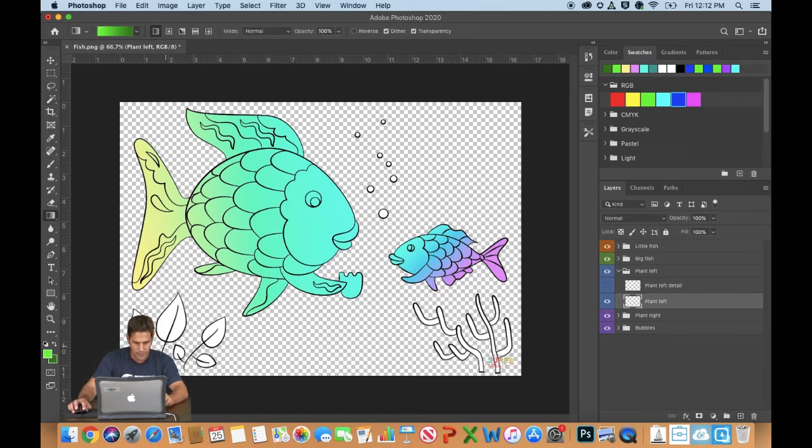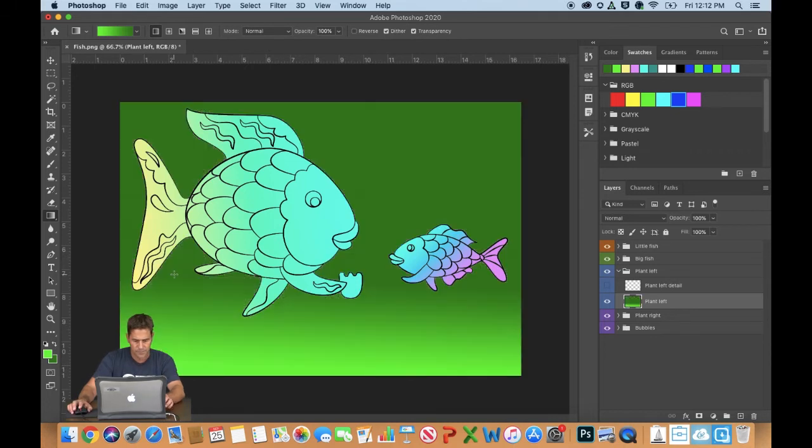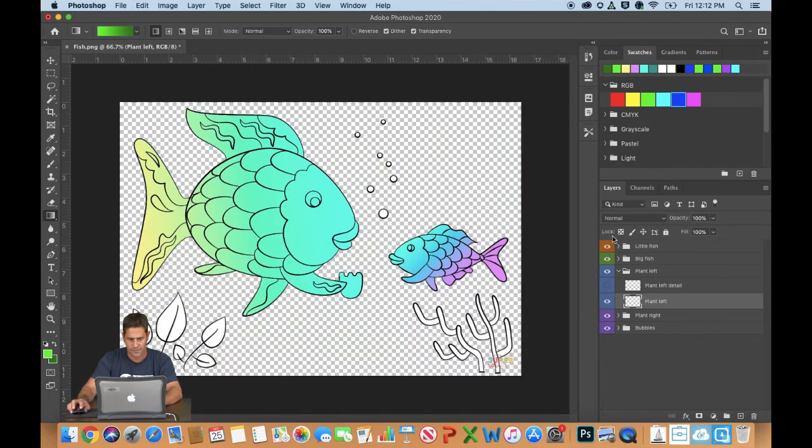Let me pull, I'm gonna pull straight up. Oops, forgot to lock my transparent pixel. So hit that, pull straight up, and that's what I have. Show your detail layer and you're good there. All right, let's collapse that. Expand plant right. Same steps, hide the detail layer, make the plant right active, lock these transparent pixels, and we're